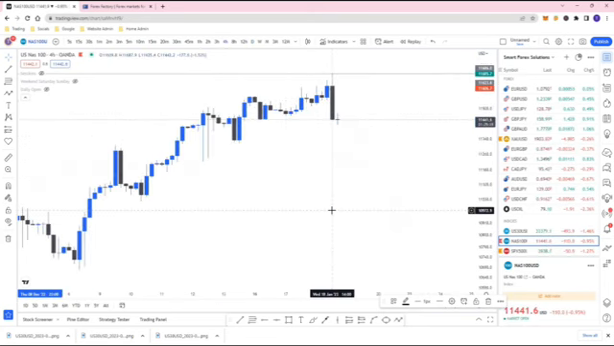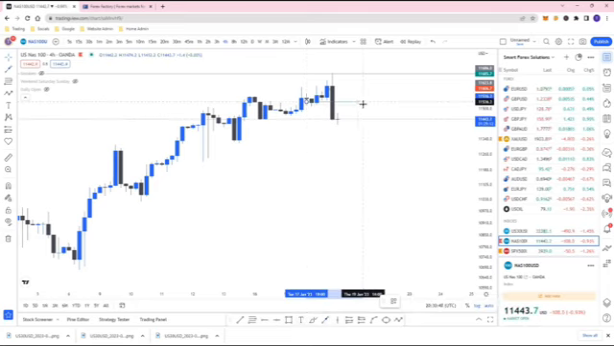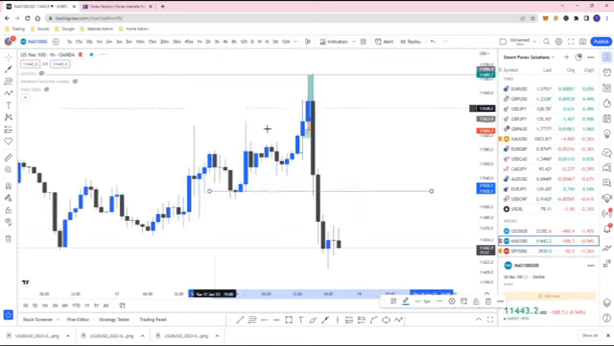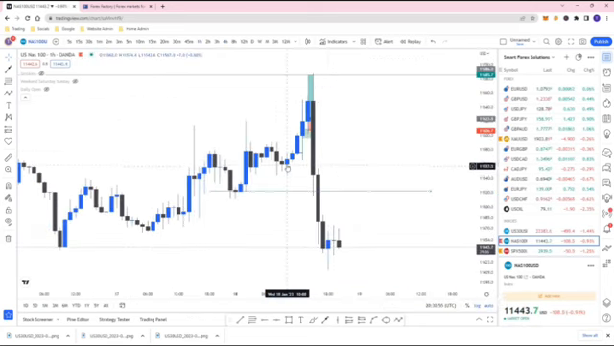Price broke structure. So now what you are going to be looking for on NAS is for price to come back up to this level here. This here, 1, 2, 3, 4, 5 candles represents an order block. It's the move up